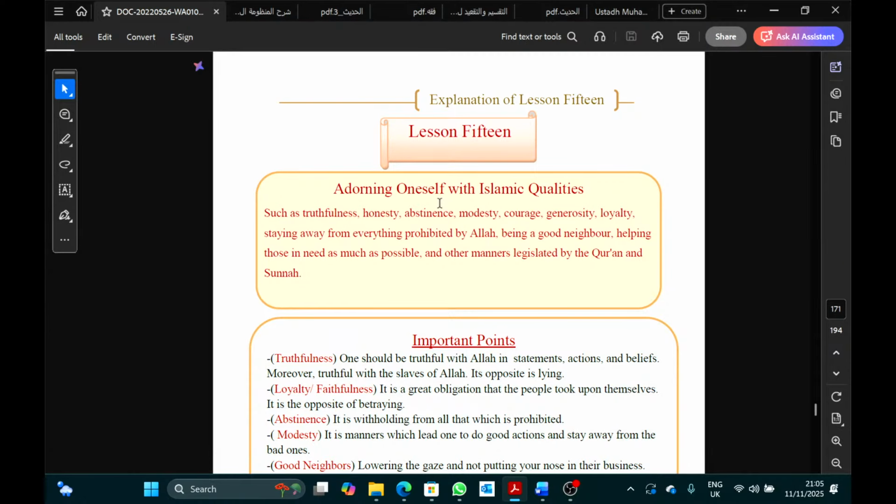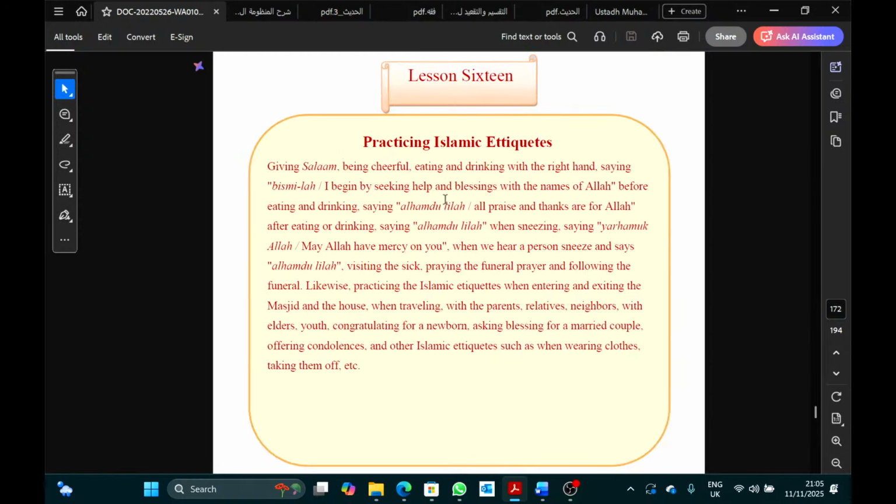Adorning oneself with Islamic qualities, and the other one is practicing Islamic etiquettes. Basically, these are akhlaq and adab. Now, what's the difference between akhlaq and adab? Generally, akhlaq and adab are the same thing. When you talk about it generally, these two words both translate to etiquettes and mannerisms. But if you want to be a bit more precise, when they are mentioned together, akhlaq is mannerisms, i.e.,